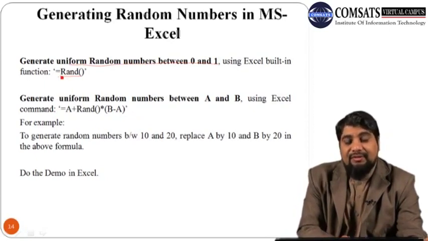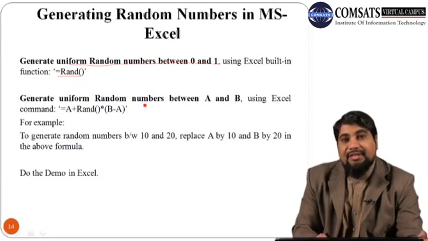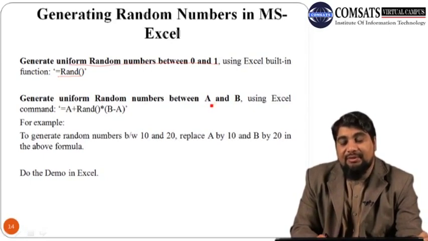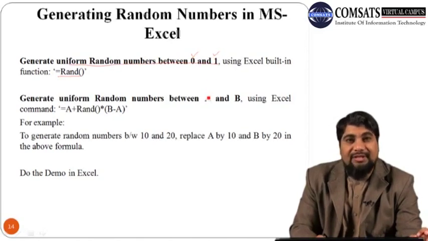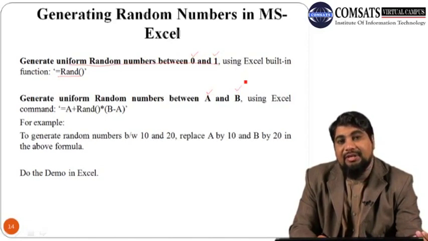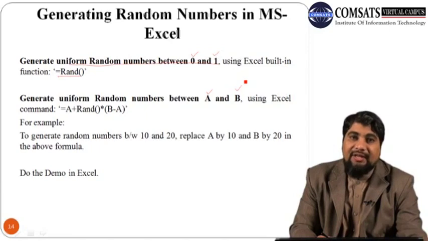It is equals RAND, followed by two parentheses, open and closed. But if we want to generate uniform random numbers within certain limits instead of between 0 and 1, say between A and B, where A and B can be any two numbers,